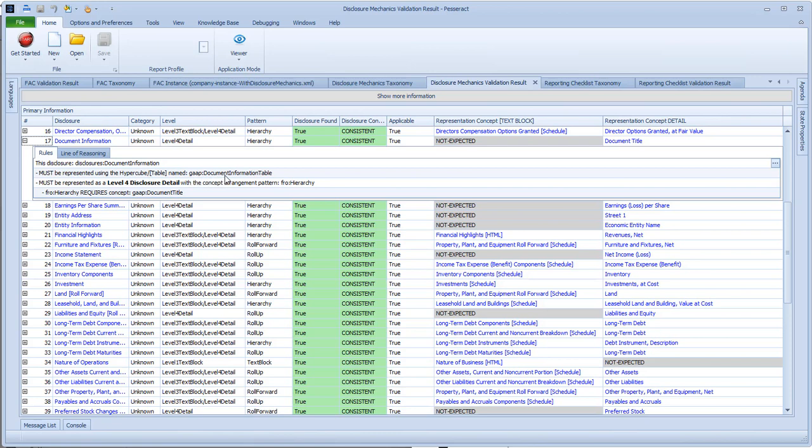It always uses the document information hypercube. It is always a set or hierarchy. This is the old version; we now call this a set. And it always has this required concept, the document title. This is in the report in one place. It is within a hierarchy, and it is within the table,